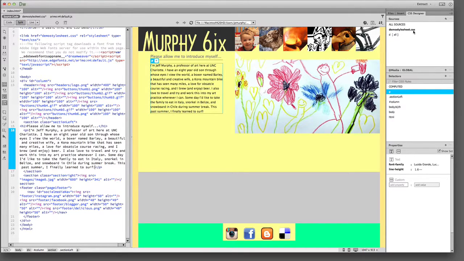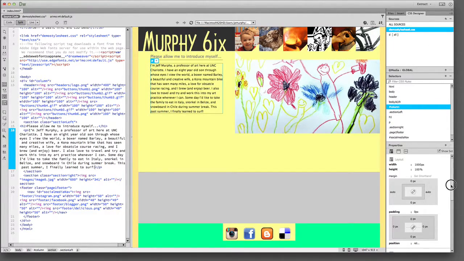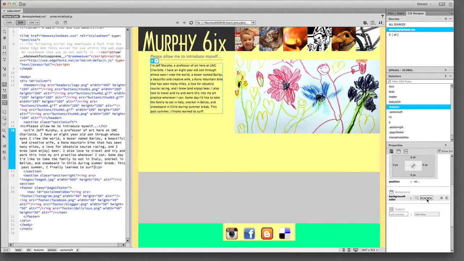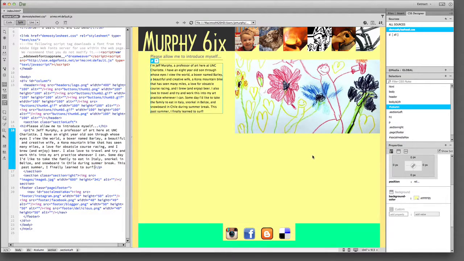How'd I get up to P? Oh my gosh. Column. Color. This guy. Return. Okay, awesome. So I'm going to keep this footer green, just so when we do preview,